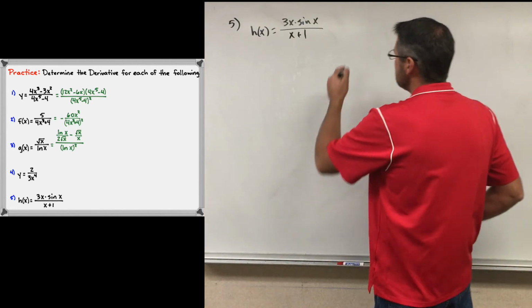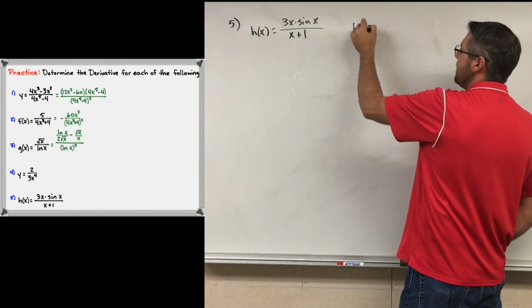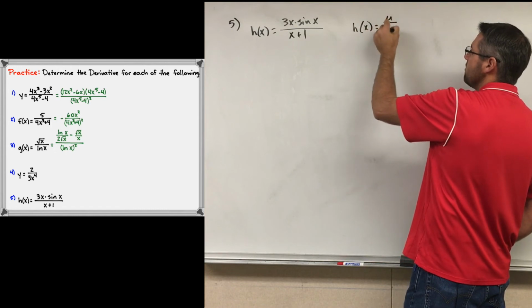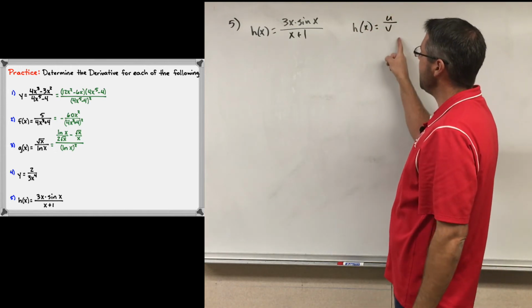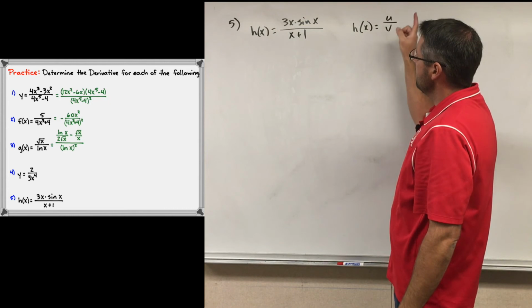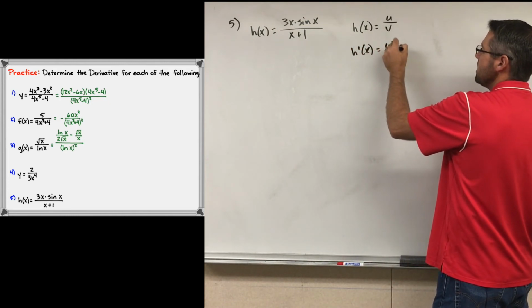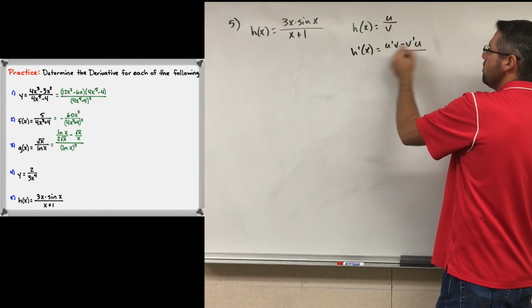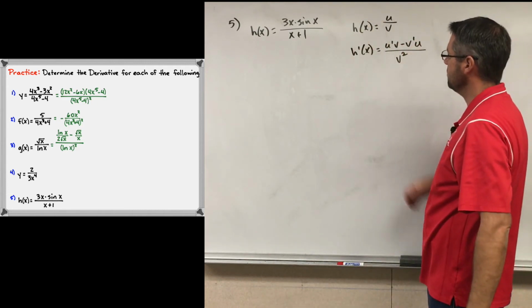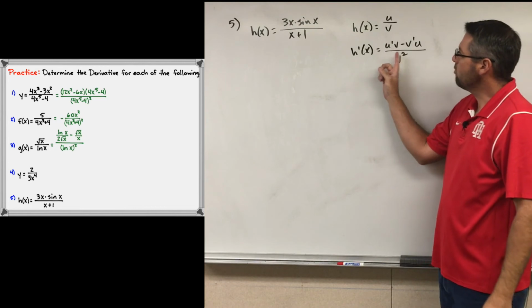Now I'm going to do this off to the side. I'm going to say that let h of x equal u over v. If that's the case, remember the derivative would then be u prime times v minus v prime times u all over v squared, quotient rule. Okay? The problem is,